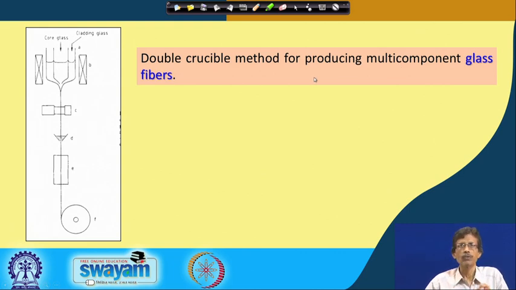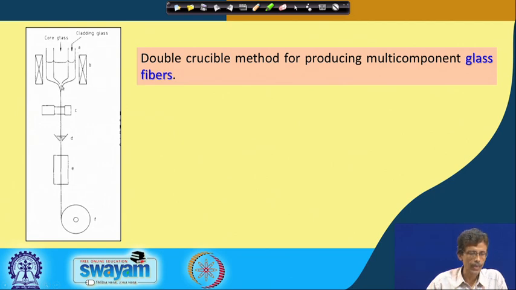Consider that you have a two component situation. In the concentric part you put the core glass material, which will be in the molten condition, and then you have the cladding glass material. The cladding glass material will be the covering material which will cover the core glass material. So, you see that once this is coming out, at this particular point,